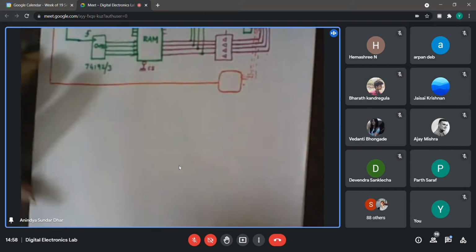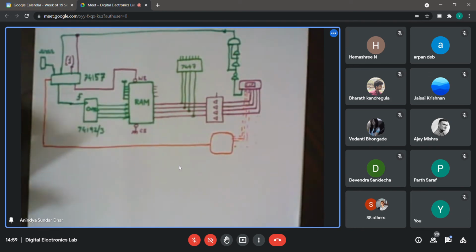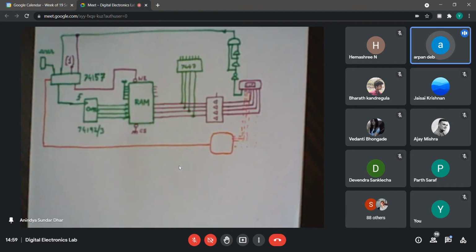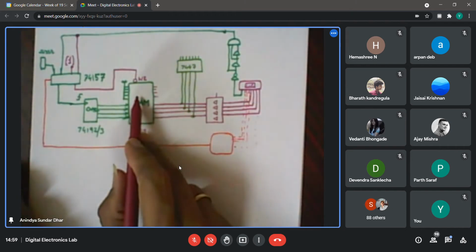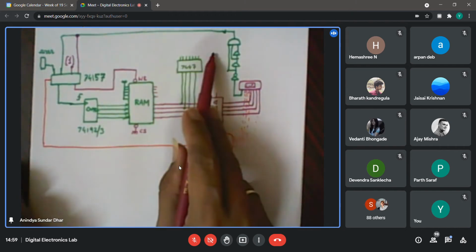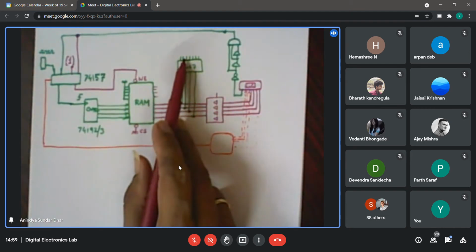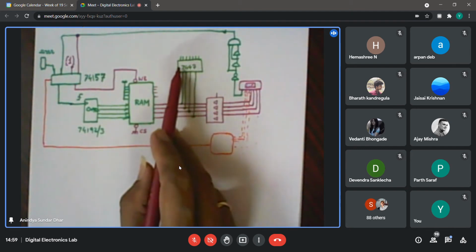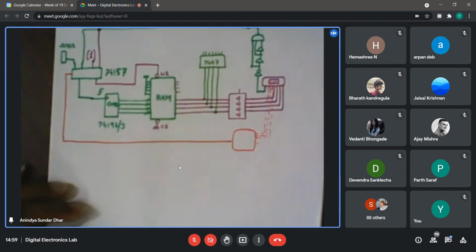So Amritakshu, do you have some other point to make, or are you just mentioning the beta formula? Okay. So here, I think maybe Orpon had a question about where to connect the 7447. Yes, about the input part of the 7447. Right. So the input part is right now with the RAM only. I'm not drawing the rest of that 7-segment display here. So whatever is on the other board, your other paper, you may consider that to be the display board. So here I may have a 7447. I'm sending the 7 connections to that other paper where I have drawn those things.